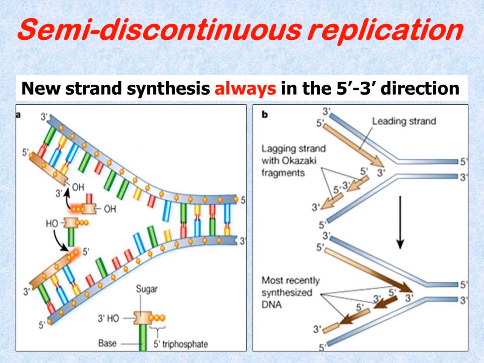So here we are seeing the leading and the lagging strands. The discontinuous strand has short fragments, known as Okazaki fragments, whereas the leading strand is continuously synthesized in the 5' to 3' direction. The lagging strand also has to be synthesized in the 5' to 3' direction, but not in a continuous manner, only in small fragments.